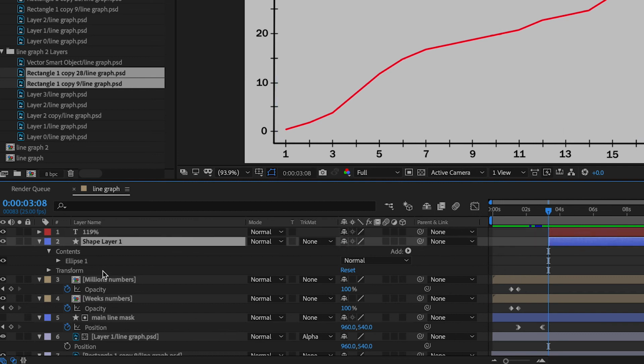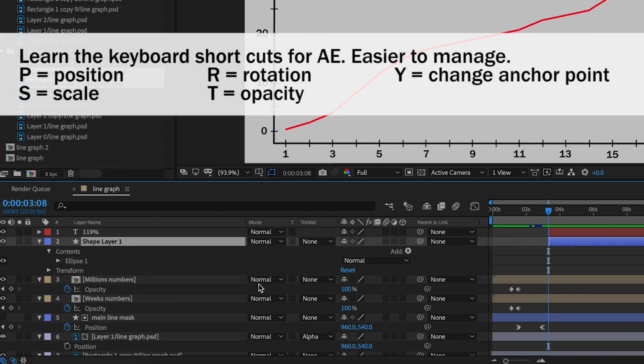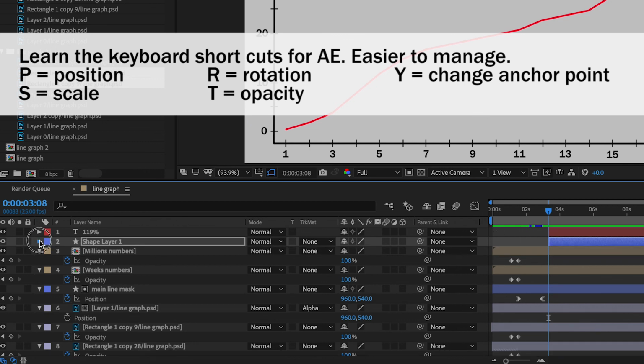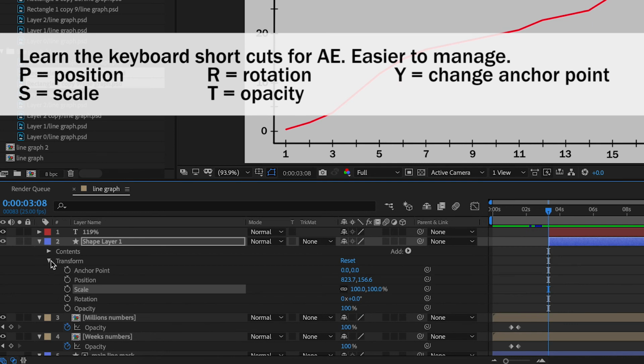So that means what I can do is the size is R. No, that's rotation. Size is scale. Okay. So you press S for scale. If you can see here, you can also just pull this down and it will have all this. But I've learned the shortcuts. So S is scale, P is position, R is rotation, and opacity is T. I don't know why, but that's just what it is.